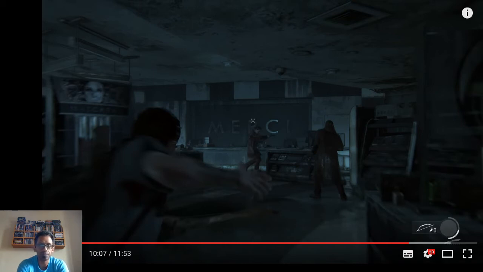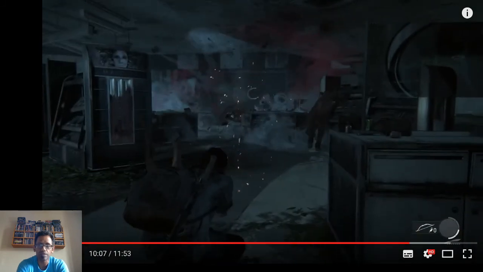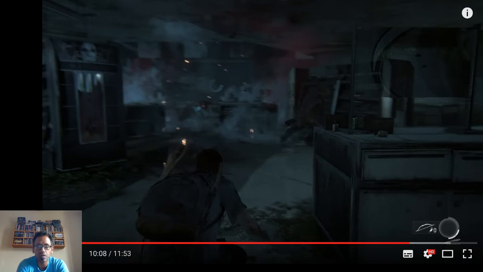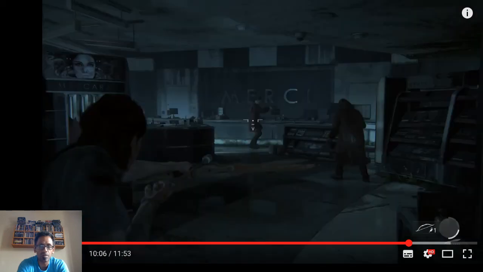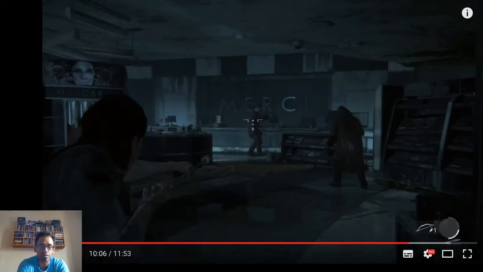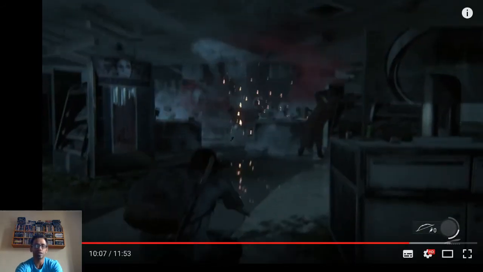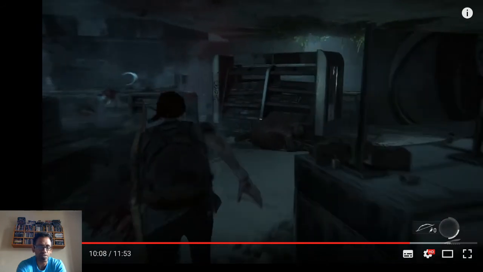Here we go. There. Just a fraction. Go back. Here, watch it again. See if I can stop it. There, as you can see, the guy in the distance obviously disintegrates from the explosion, but the enemy here instinctively shields his face from the blast, which obviously stuns him and gives Ellie an opportunity to come in for an